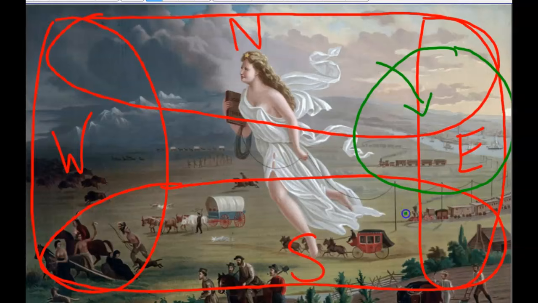What types of things do you notice in the northeast that are not in the other parts of the painting? Okay, so that's one thing you're going to look at as you're analyzing the painting, is certain sections of the painting, and you're going to look at them in terms of geographical terms. So that's one section of the painting we're going to have to focus on as we analyze American Progress.